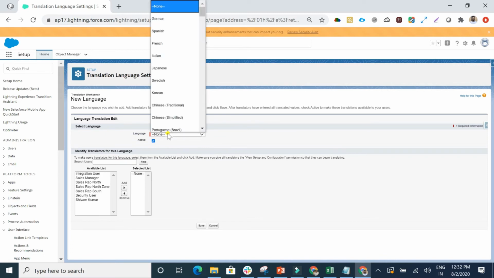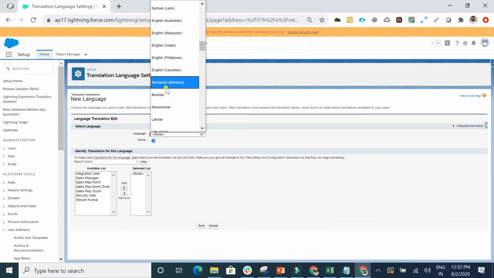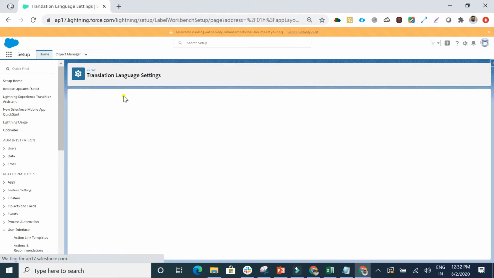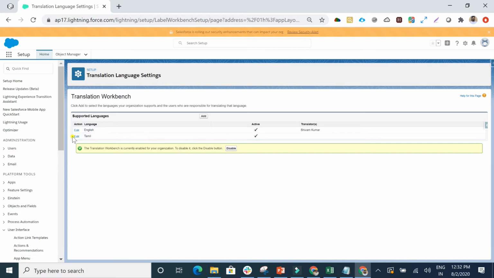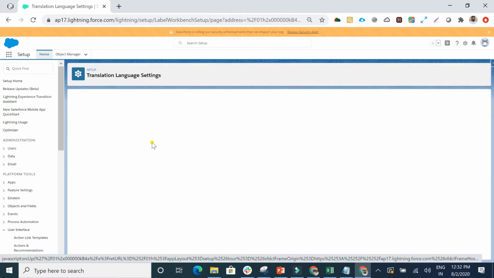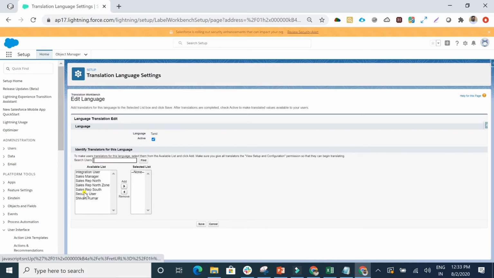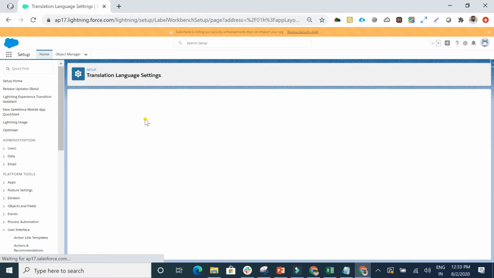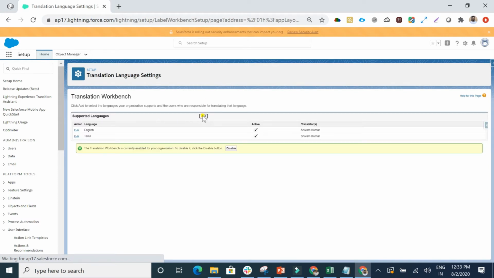Adding one more language there, for this particular user. Let's say what I am doing here, this is English Indian. I'm searching for Tamil again. I'll be adding, hitting on save button. But what I have to do, I have to add the user as well for the same. Let's say editing Tamil. User will be Shivam Kumar here itself, hitting on save button.